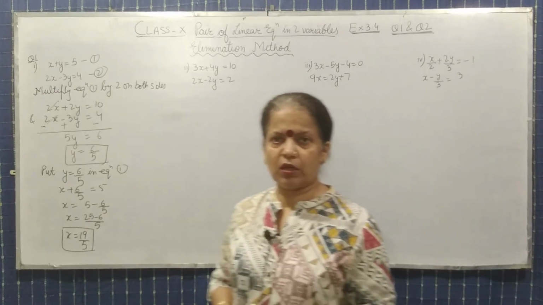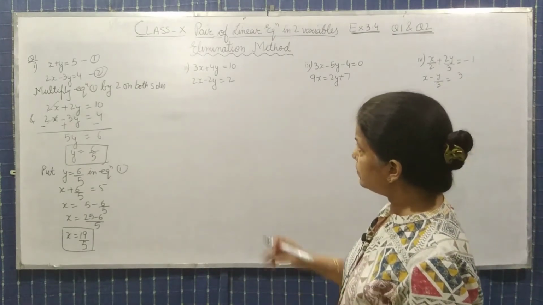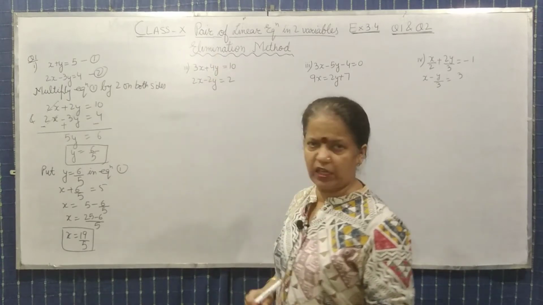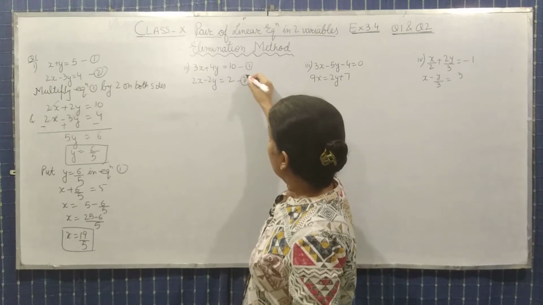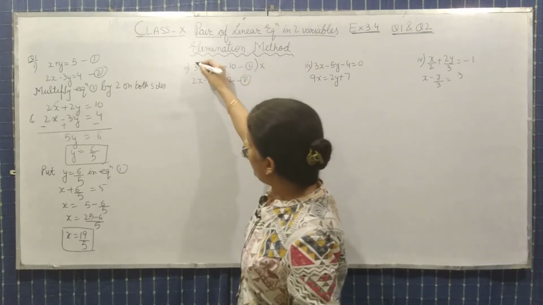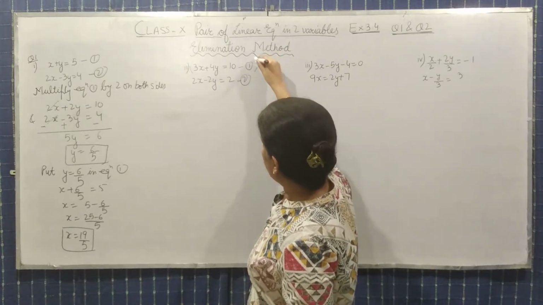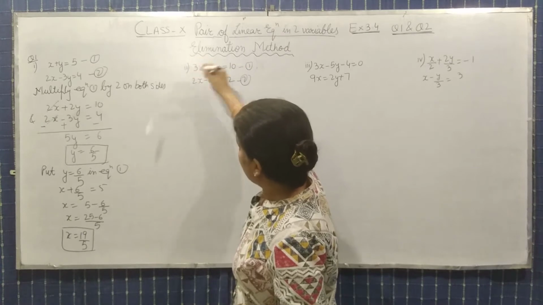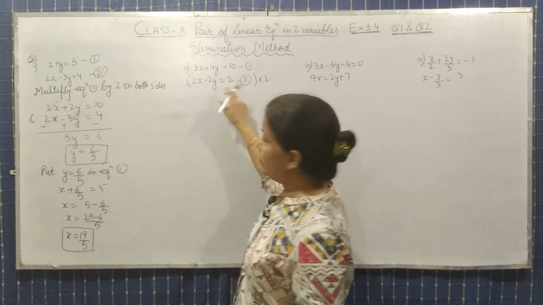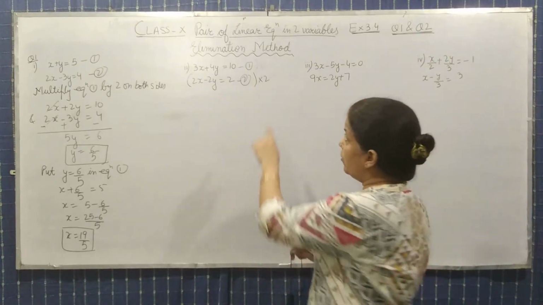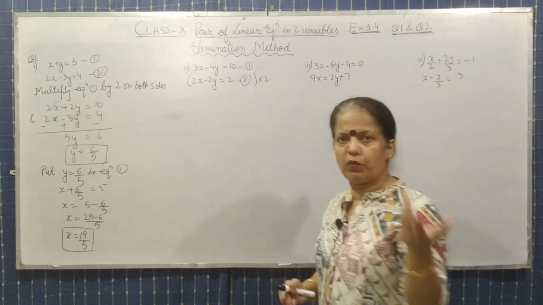Just next, we will proceed to equation 2. How will you make one variable same? क्या करेंगे? What we will do? We will multiply equation... देखिए यहाँ 4y है, so we will multiply not equation 1, since 4 is there, so we will multiply equation 2 with 2 on both sides. क्यों हमने 2 से multiply किया? अगर इसको 2y को 2 से multiply करते हैं, it will become 4y.